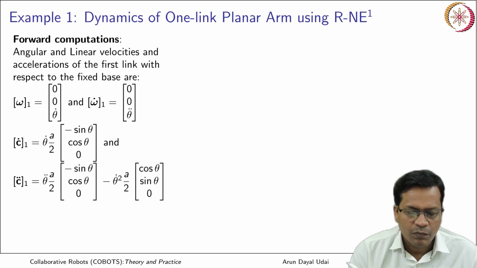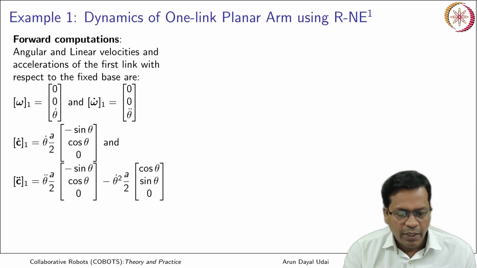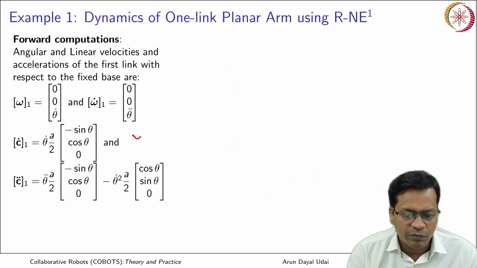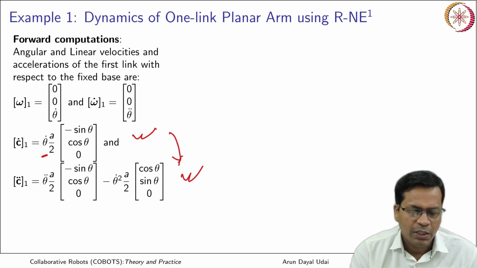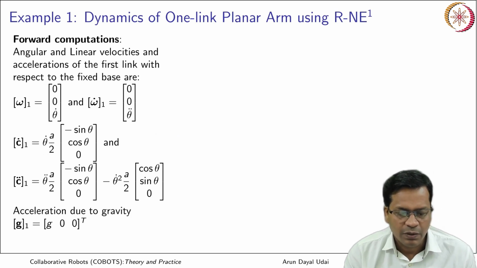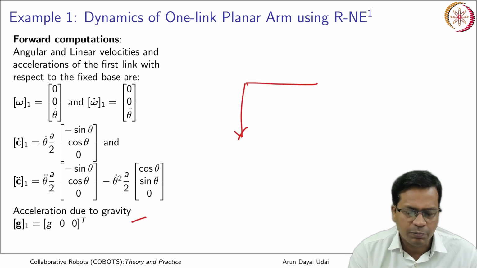Okay, V is equal to r omega, if you remember that. Now when you calculate acceleration, you just take the derivative of this: first derivative times the second part, plus second derivative times the first part. I just took the derivative of this and could obtain this. Acceleration due to gravity is along the x axis, which was downward as per the previous figure, so it is expressed like this.